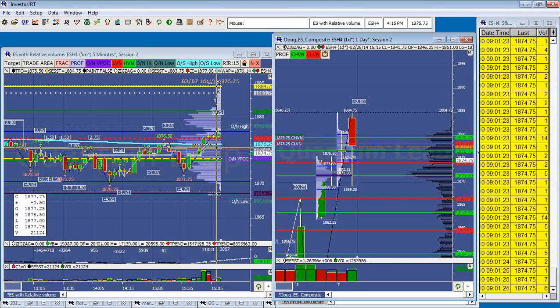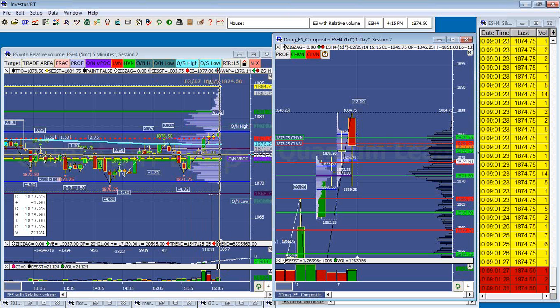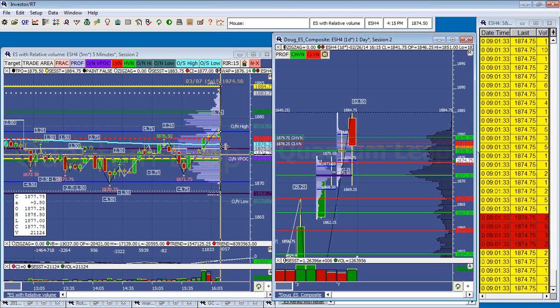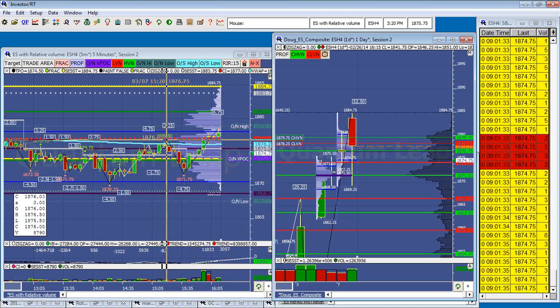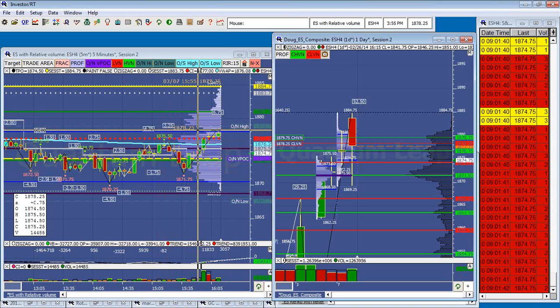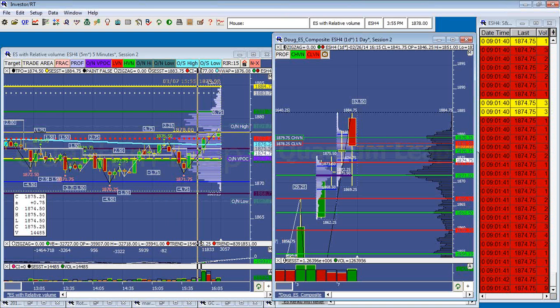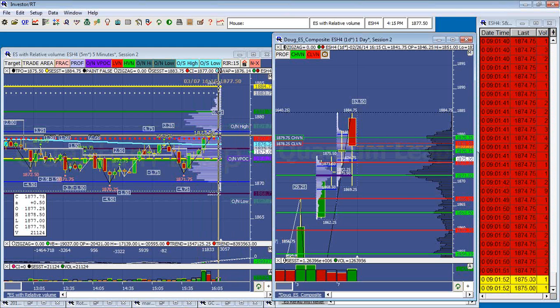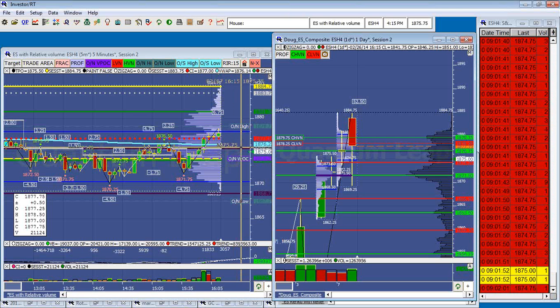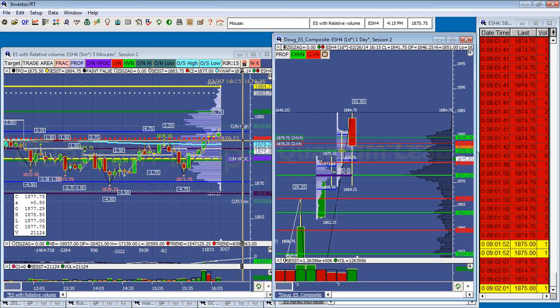So we've got about 25 minutes or so, and we're going to be opening up most likely in balance and in value. I'm anticipating, you can see that the profile was basically a double distribution day with the LVN here at 78.25, which is just above the 78 value area and just above the naked close at 77.75. So if we open in this area, I'd be very careful getting into a trade in around here, because I think it's going to be choppy.